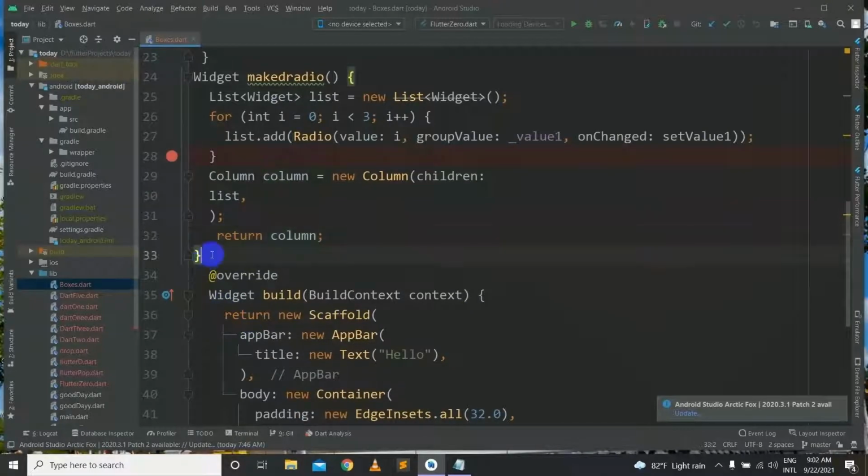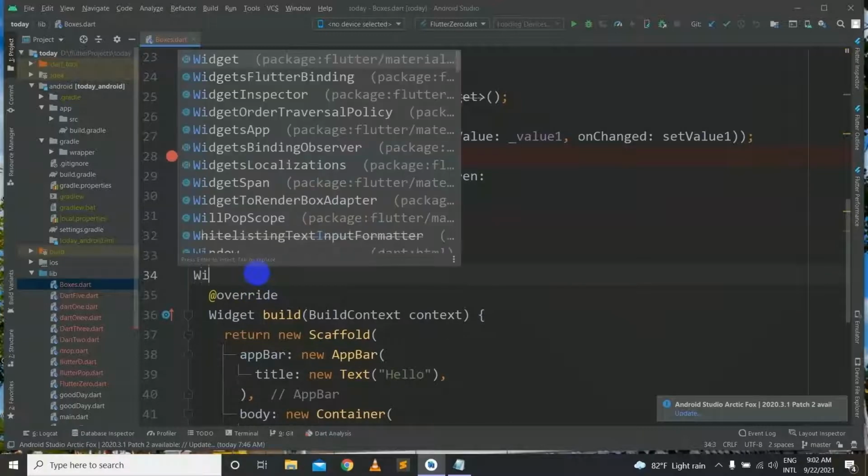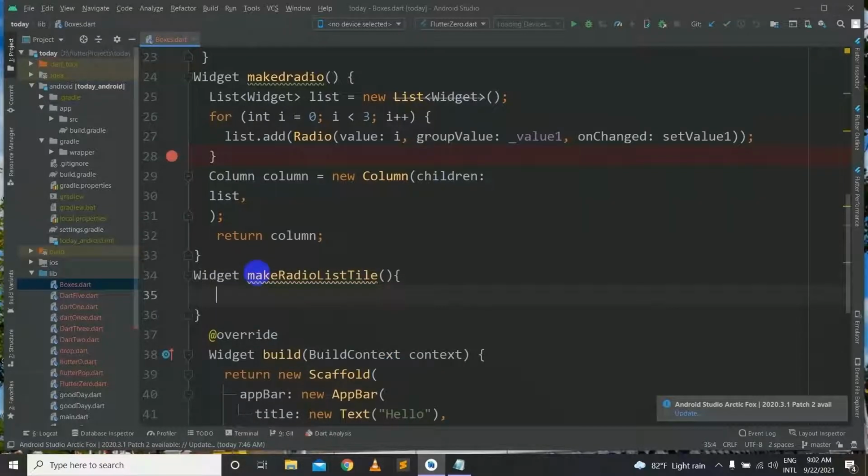Alright, now we'll make another method, a widget method. We'll say Widget makeRadioListStyle, and we'll put the parentheses.